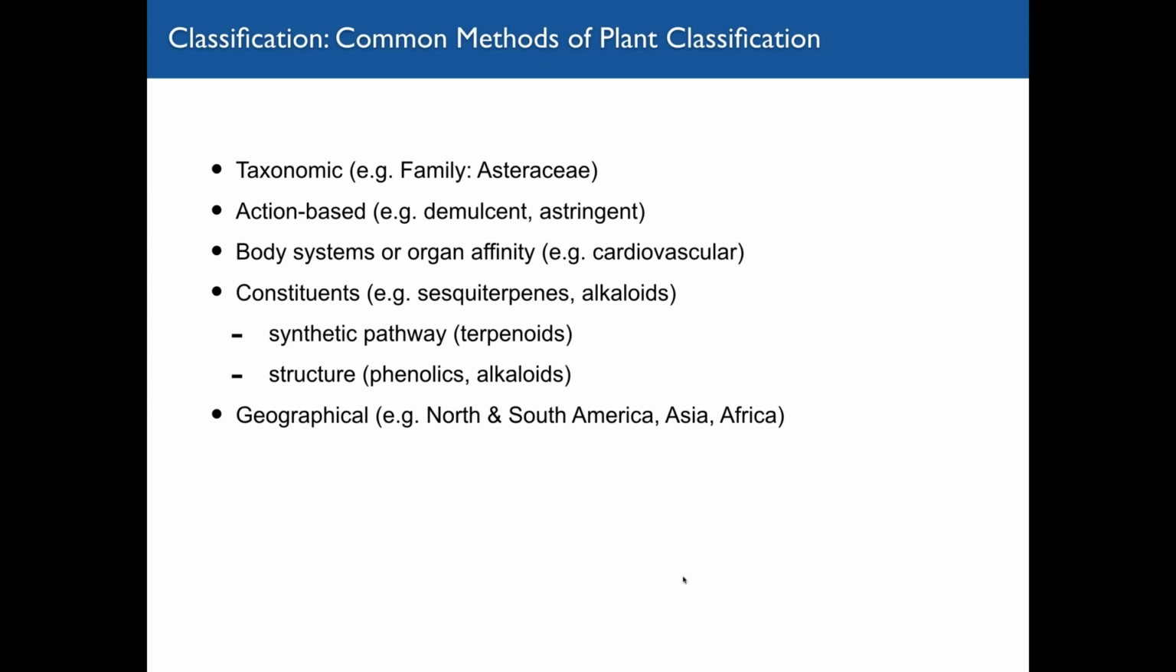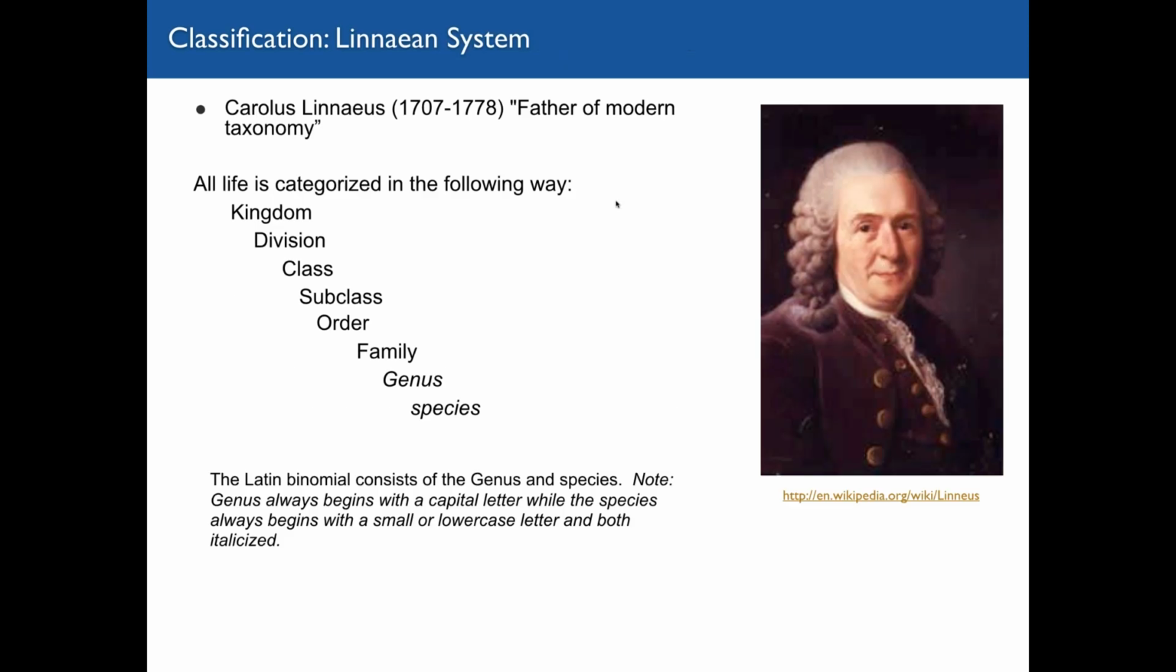For the purpose of you learning, you need to know the genus and species of herbs. The family is useful because, going back to the top, herbs that are in the same family will often produce the same phytochemical classes, or there could be overlapping